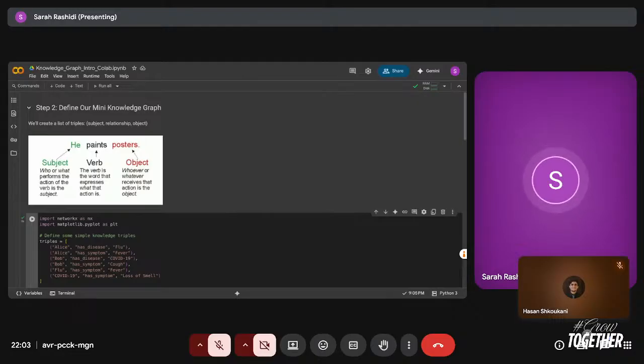I'm not gonna say heavy because sometimes you have to upgrade to the paid version and stuff. Google Colab is your go-to, and I always encourage everyone to work in the cloud. Anyways, so we're gonna be building a mini knowledge graph, and I'm gonna assume you're all familiar with what is